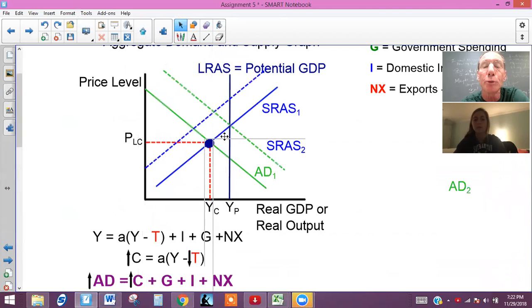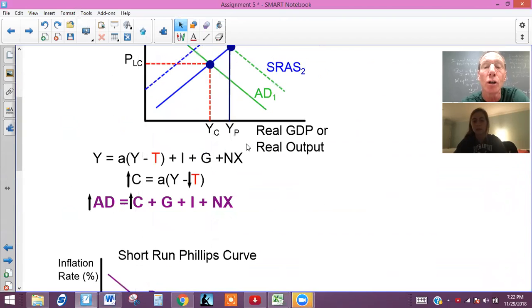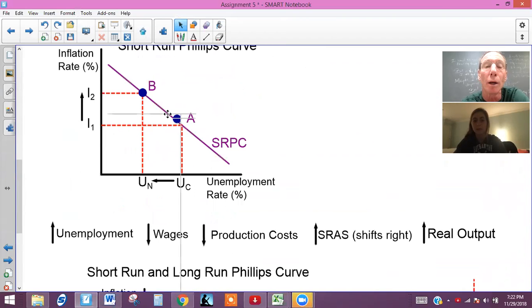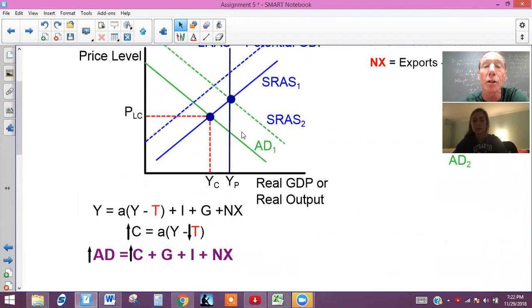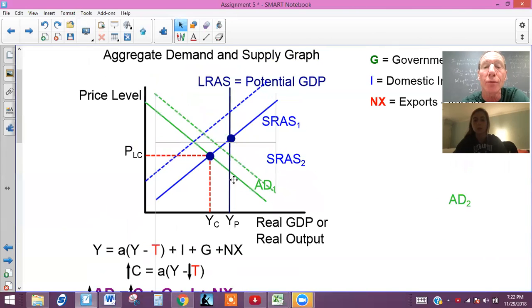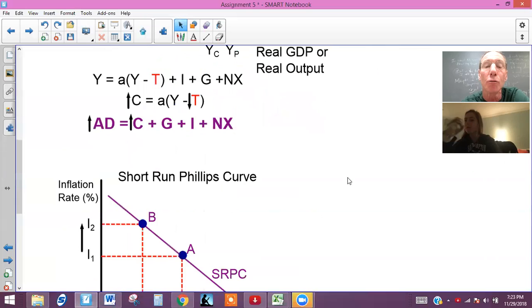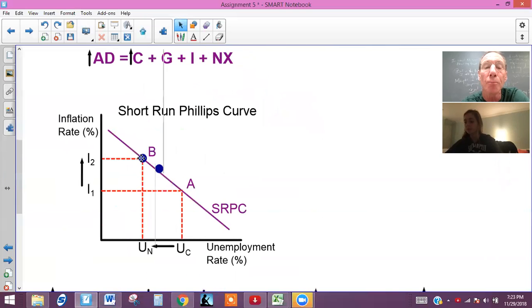So more employment on this graph looks like less unemployment on this graph. So that's what happens. Now, if you had anything that would shift the aggregate demand to the right, you would have a movement up and along the short run aggregate supply. So the movement would be along the short run aggregate supply here, but at the same time you would get a movement up this way on the short run Phillips curve,